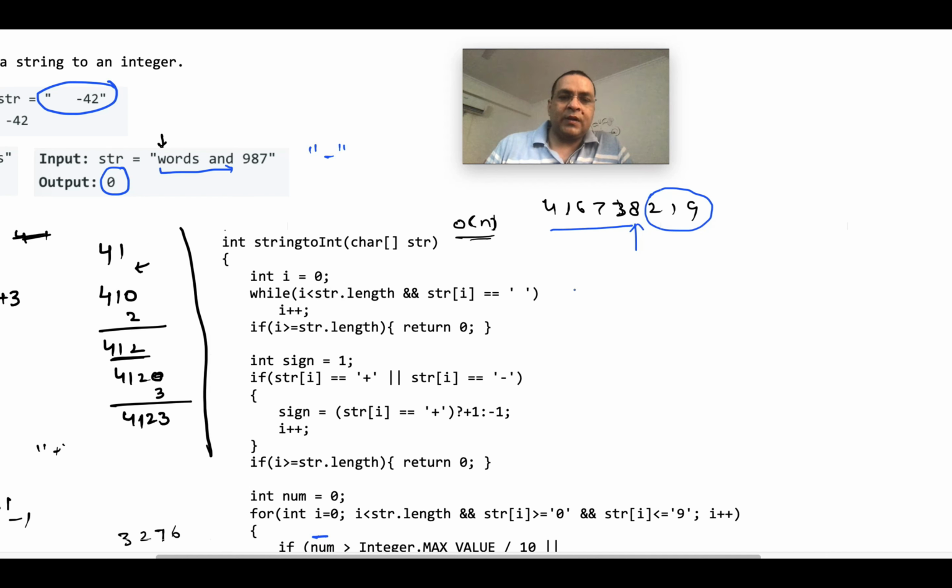So you can argue that we are not going to each and every character in the string. But in the worst case, we can have a lot of spaces at the start and then a reasonably small number at the end. In that case, we will end up traversing the entire string of length n, and this n can be really, really large. So the total time taken in the worst case is still on the order of n.